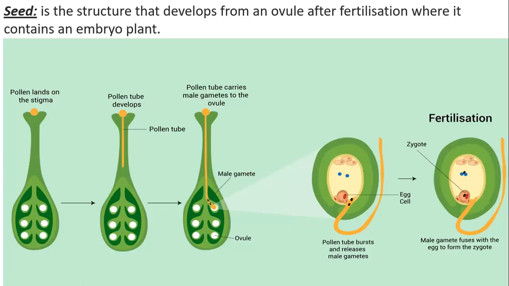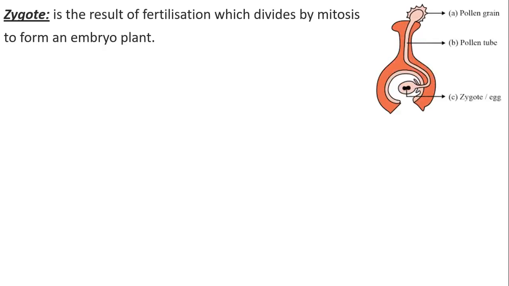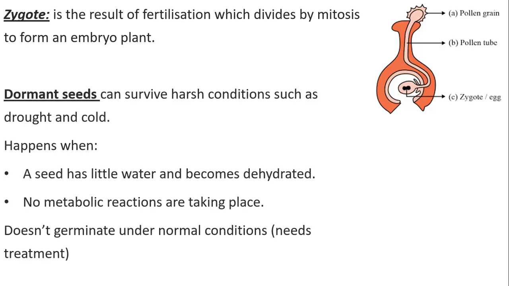The seed is the structure that forms from the ovule itself after fertilization. It contains the embryo, which is the zygote after it went through some mitosis, which is cell division, and grown a little bit, but it's not a fully grown plant yet. It's just the embryo, the baby of the plant. And what's the zygote? It is just after the fertilization, just after the fusion, the one cell formed is called the zygote. And after some mitosis, after some cell division, it forms the embryo of the plant inside of the